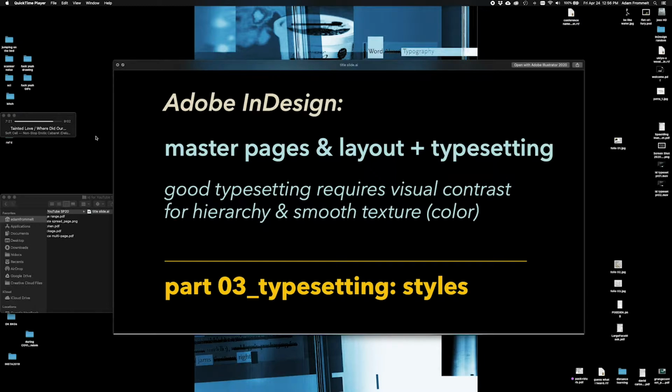Remember, two absolute rules. Number one and number two, good typesetting requires visual contrast for hierarchy so that we lead the viewer through the importance of the information in our layouts, and also smooth what I call texture. Technically, the type term is color, but I find that can be a little confusing. We have enough stuff to keep track of when it comes to color, but